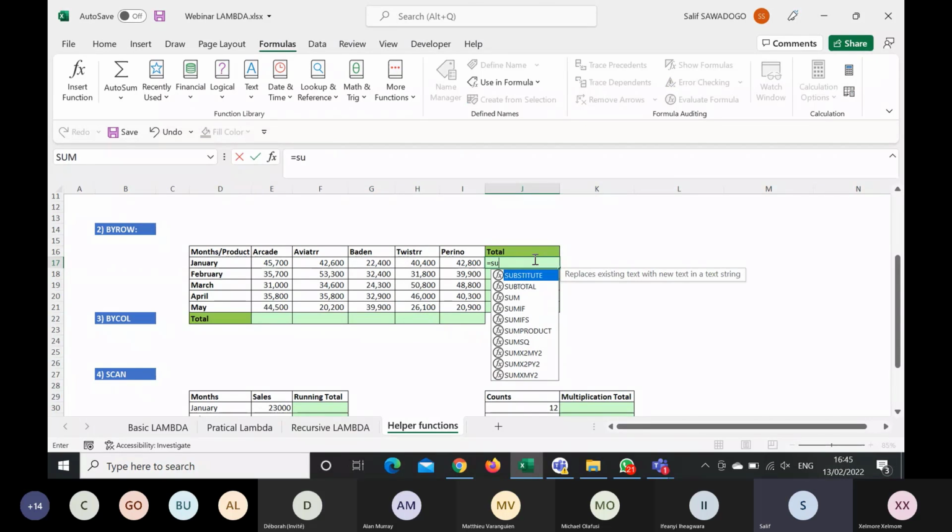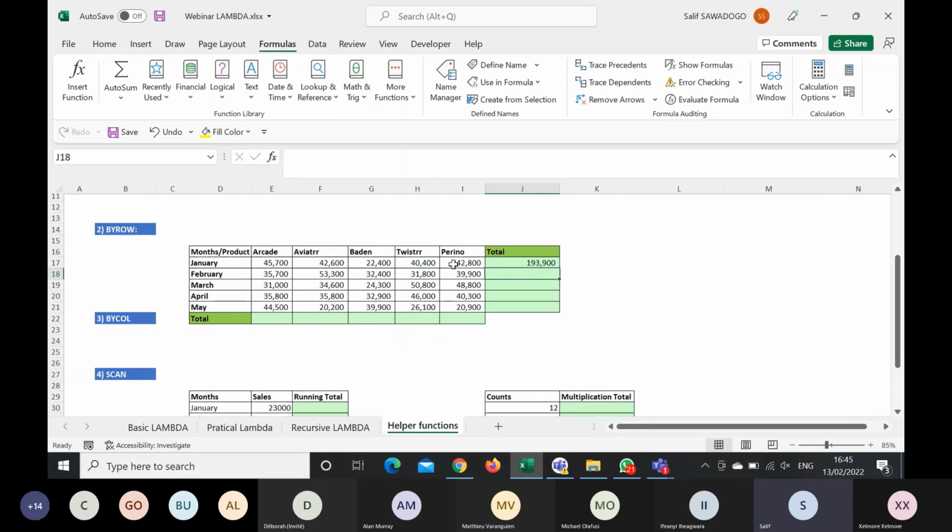And for example, I can use just sum. If I use sum and just referencing here, I can get this, and it is the same result. But if I want to make things more interesting, I can use the by-row function. So I'm going to use by-row function here instead of using just sum function. So the by-row function,